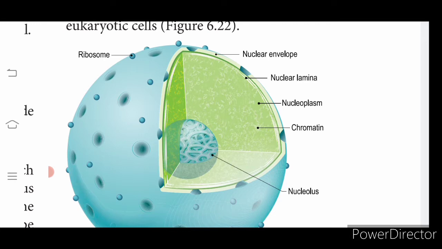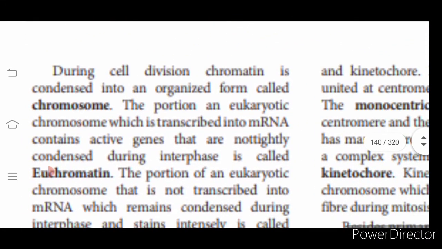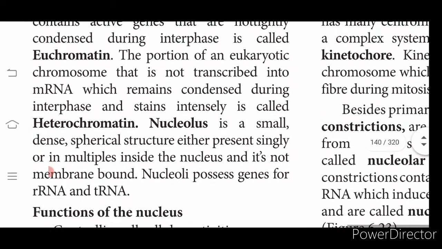So inside the nucleus we have the presence of nucleoplasm. It is a jelly-like substance. When you have the jelly-like substance inside the cell, it is called the cytoplasm. When the jelly-like substance is present inside the nucleus, it is called the nucleoplasm. Then as usual you have the presence of the chromatin thread. As I told you, it condenses to form chromosome. Here two terms are described, euchromatin and heterochromatin. When this chromosome is highly condensed, a highly condensed region cannot code for any protein.